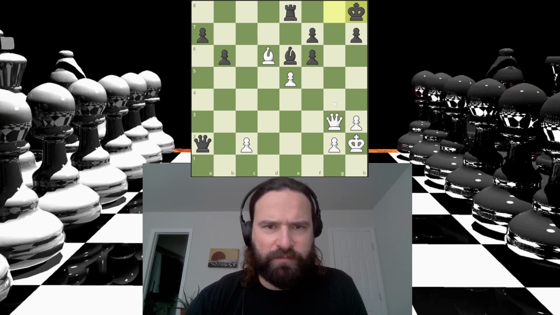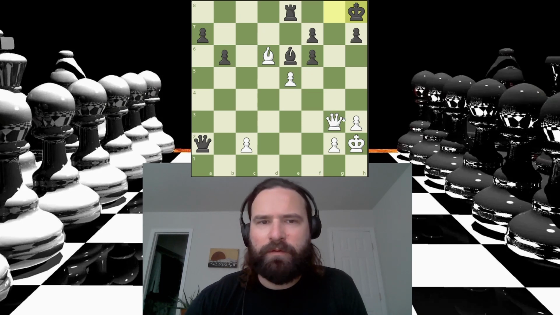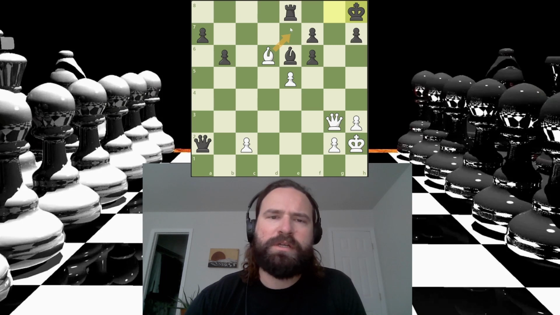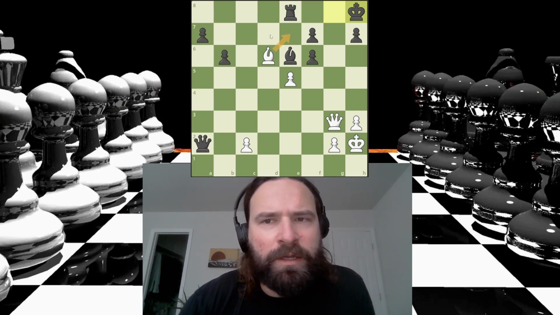position, which I didn't give a ton of thought to because I just didn't see anything here. What do I do from here? It wasn't taking the pawn. I don't know what else I have. What else could I possibly do? Oh, is this it? Is that it? Oh, man. I think that's probably...